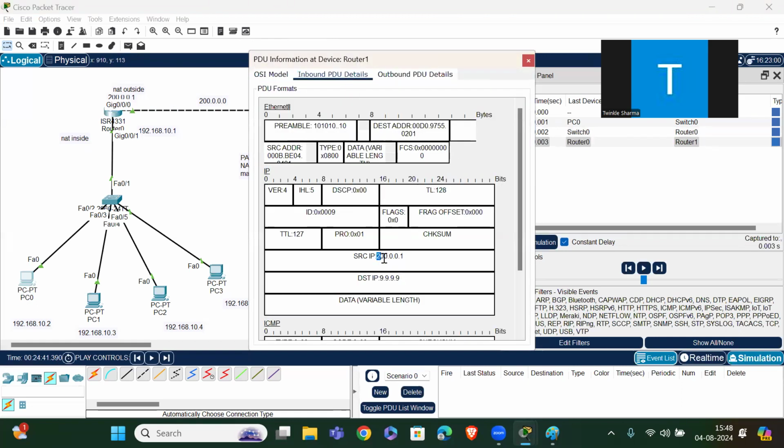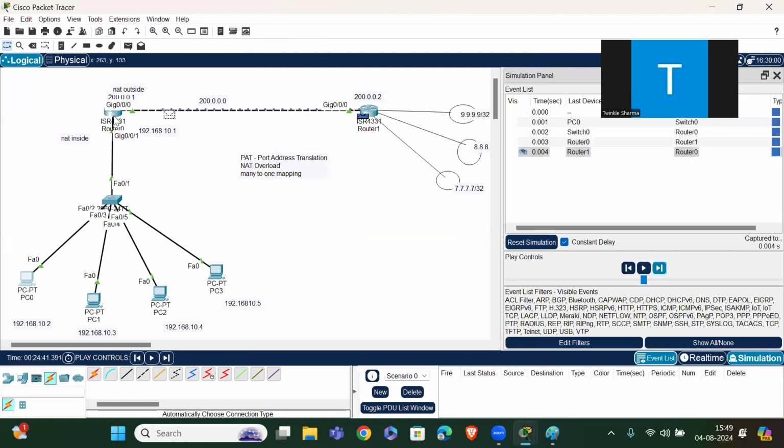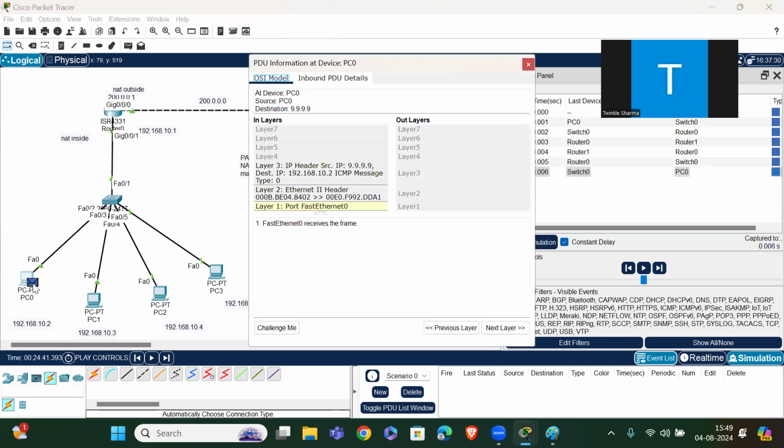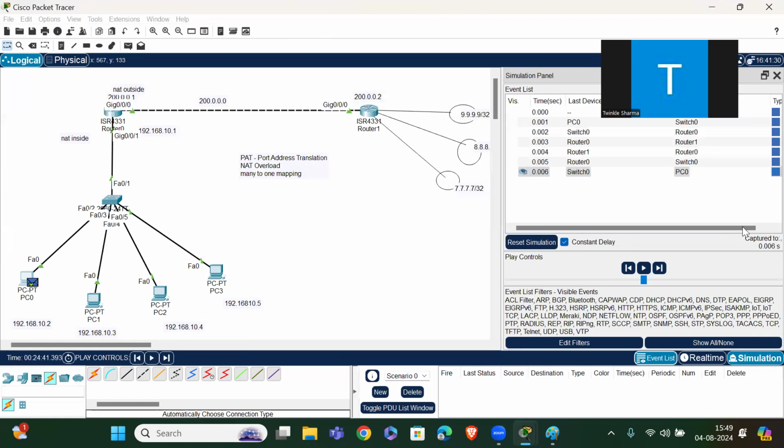The source IP is 200.0.0.1 and destination is this. Source IP is 9.9.9.9 and destination is this. Okay, 200.0.0.1 is now the destination and this is now the source, right? So then send. Accepted. Let us check the IP address here: 192.168.10.2, and the other IP address is 200.0.0.1.